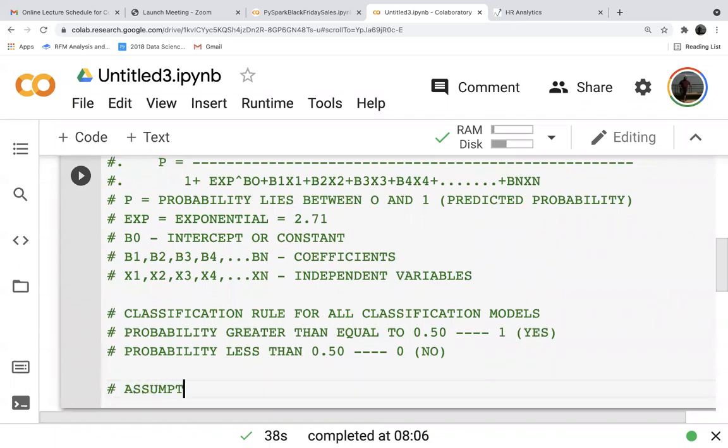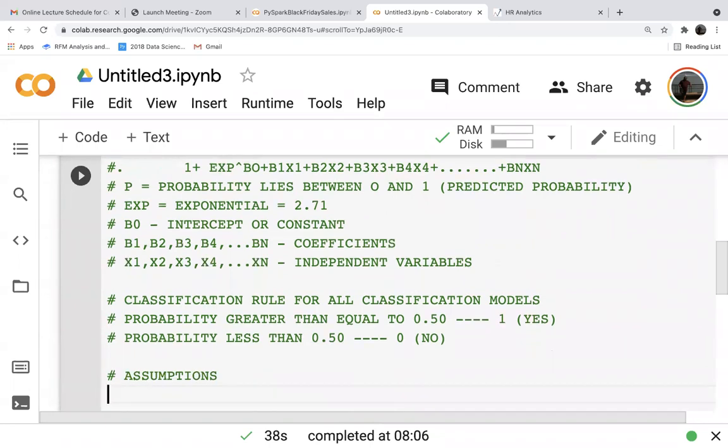The assumptions are: the dependent variable, generally represented by small y, must be non-numerical.